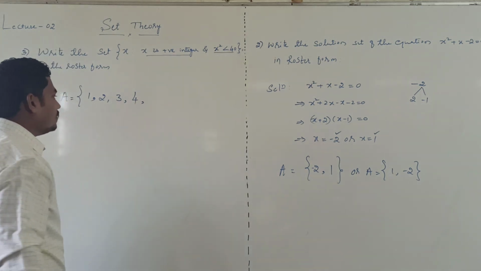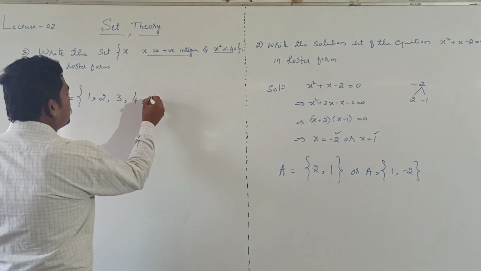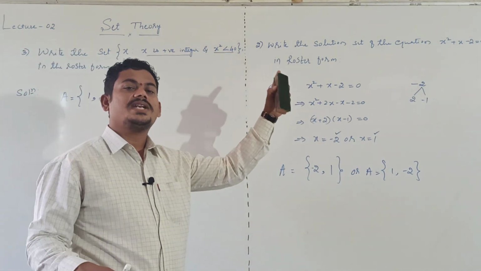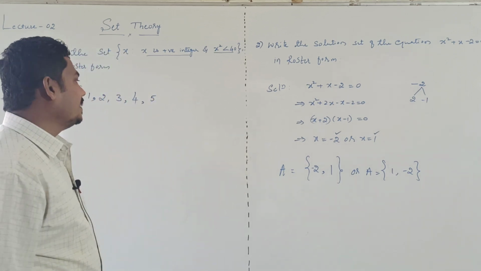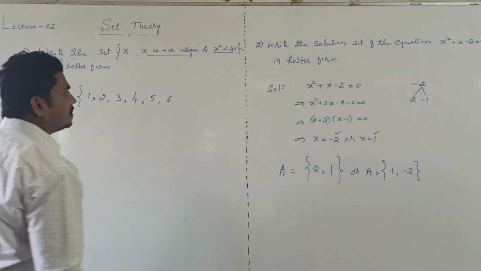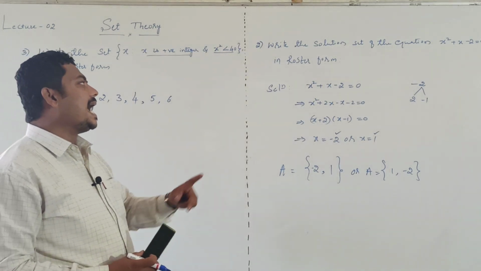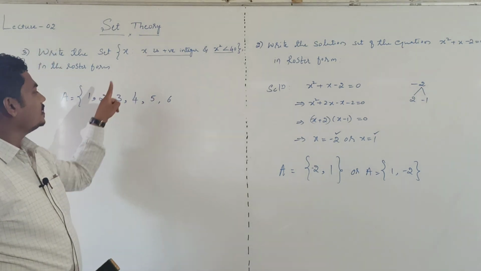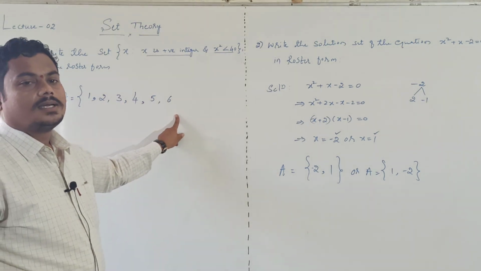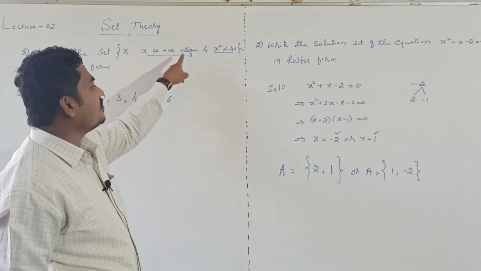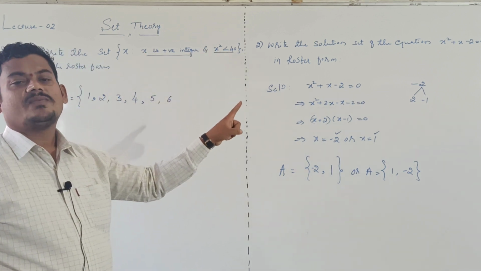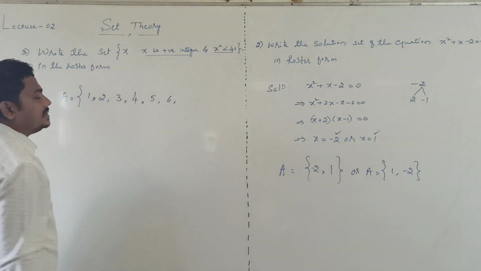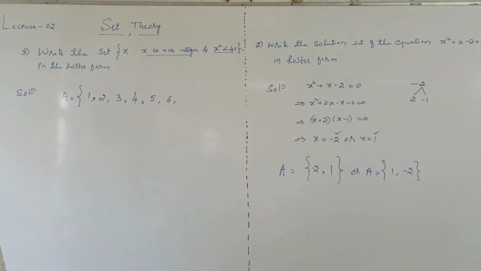Next, 5. Clearly possible, because 5 is a positive integer. If you take its square, clearly it gives 25. 25 is less than 40. Next, 6. 6 is a positive integer and its square, instead of x, write particular numbers. Means give values for x for which x square should be less than 40 and x should be positive. Then 6 square, clearly 36.